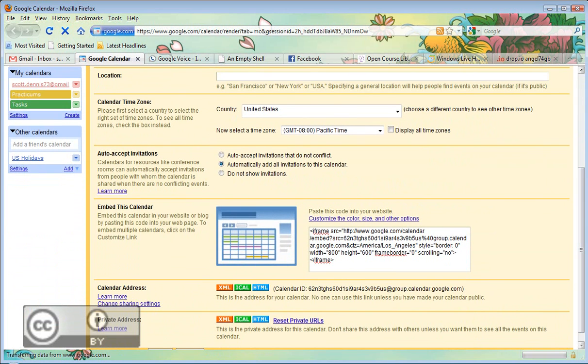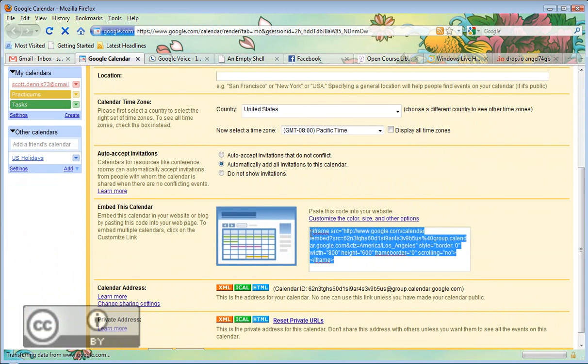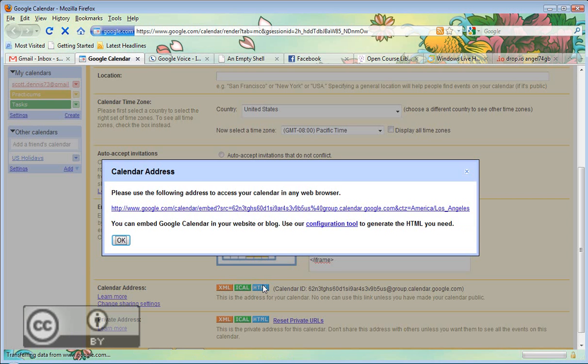Now there's code that will allow me to embed this calendar into a web page. So if I wanted to create a page in Angel, I'd have code where I could embed the calendar. But I also have the calendar address here. And the private address is going to let people have a little bit more control than what I want, which is just to let them see the calendar. So I'm going to click on the HTML link for the calendar address, and it shows me there the link for that calendar. I'll copy that